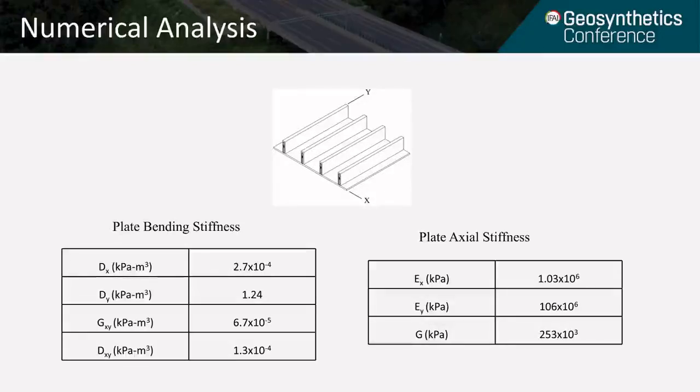Plate bending stiffness and axial stiffness of the pipe in the model were set to match the orthotropic stiffnesses of the pipe. The bending stiffness in the circumferential direction, the y-axis, is approximately 44,500 times as stiff as the plastic shell in the x direction. Likewise, the axial stiffness in the y direction is approximately 100 times as stiff as in the x direction. This is due to the steel reinforced ribs running around the pipe in the circumferential direction.